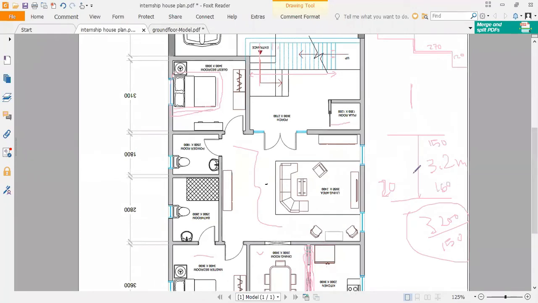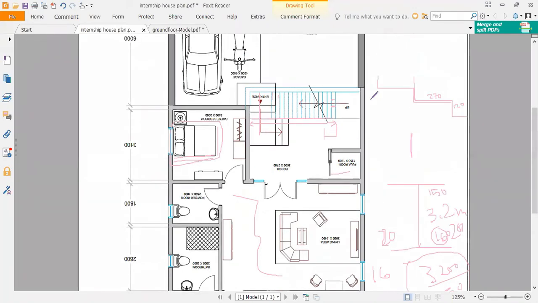So what happens if I increase this 160 value to more, like 200? In that case I will need 16 risers, so obviously I will need 17 treads. To accommodate in this length, the width of the treads will also increase. You'll also get a sufficient amount of space.